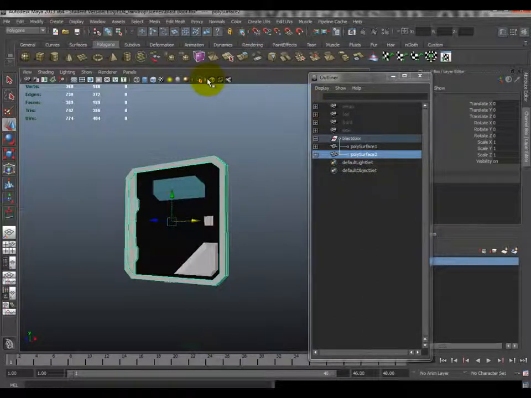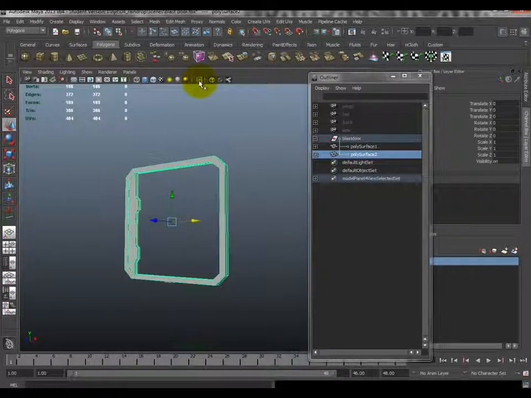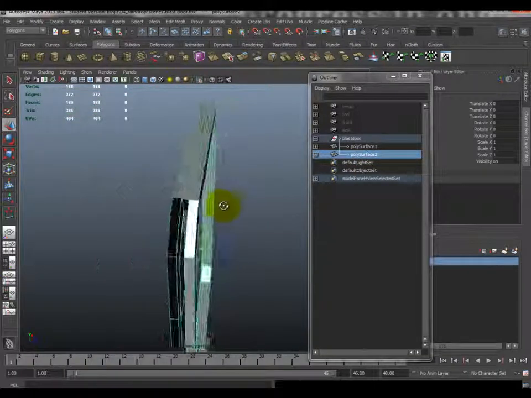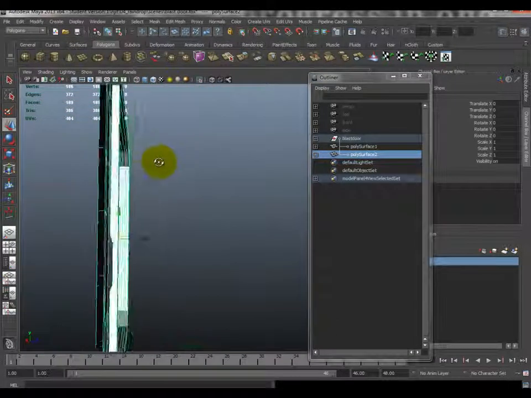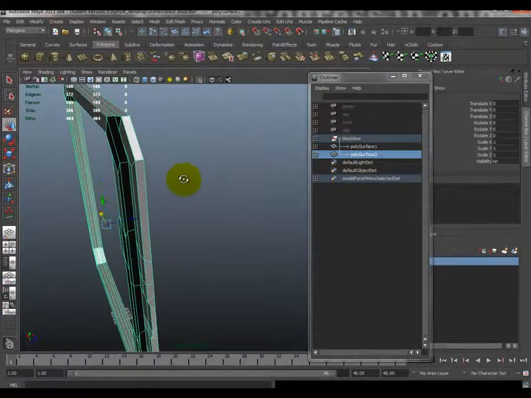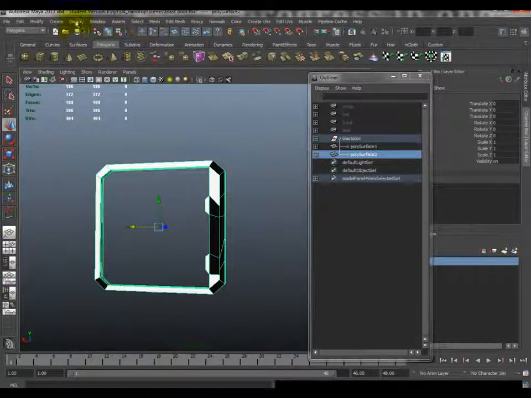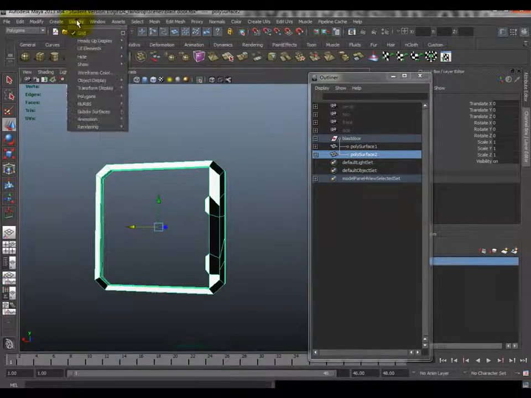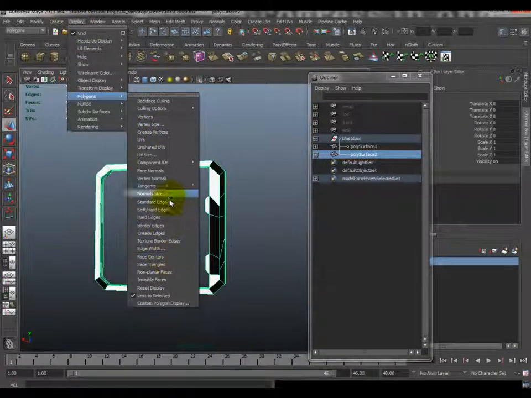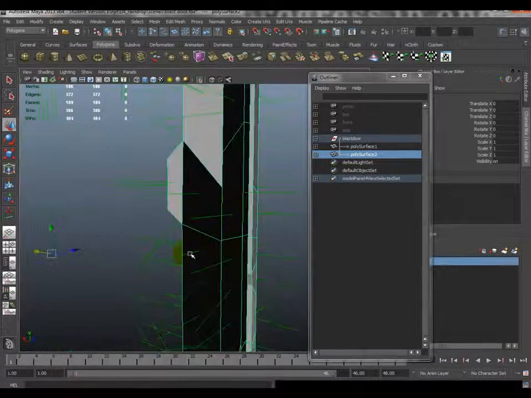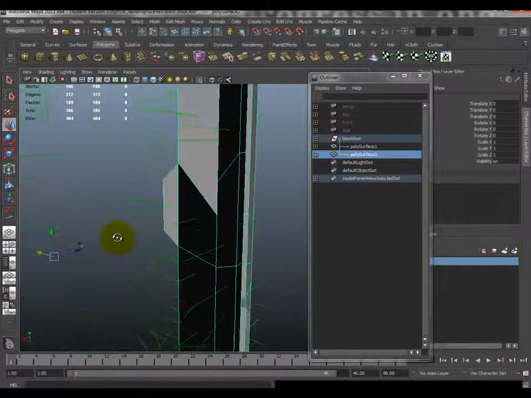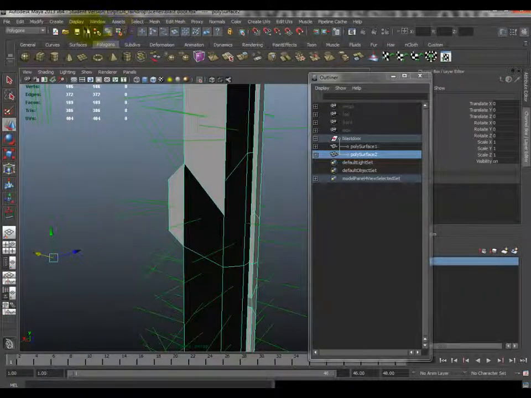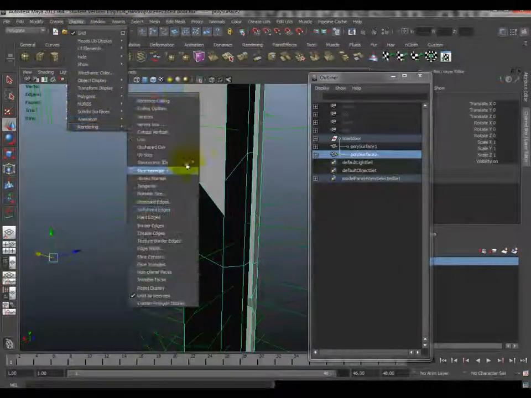So let me work on one part at a time, which is the isolate select is really useful for this. So I'm going to go in here, look around, and you can see there's a lot of black. So again, there's a few ways. Sometimes you can look around and see if it's black, or use the two-sided lighting here, or you can go display polygons, face normals. But when you have a lot going on, it's kind of hard to tell. You got fake normals popping in from someone else, and that might trick you into thinking that's correct. So usually I'll do this lighting technique,